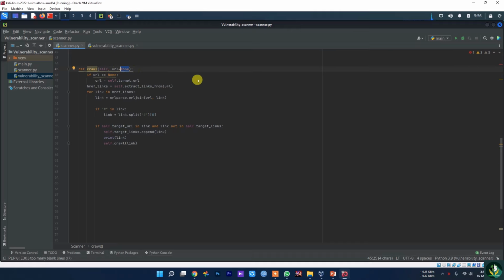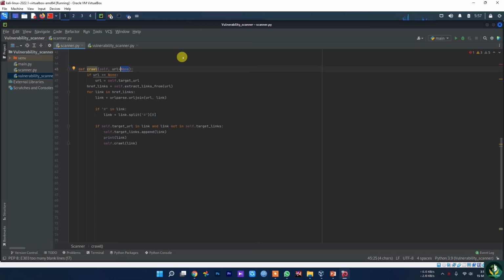in here, along with all the code in here as well, and because this is none, it will actually crash my code. So what I have to do now is check in here. I am going to say if my URL is equal to none, then this means that this method has been called from outside of this class, not from the recursive call from here, and that means that I should start from the target URL. So I am going to say that URL is equal to self.target_url, which is the URL that the user sets on target,